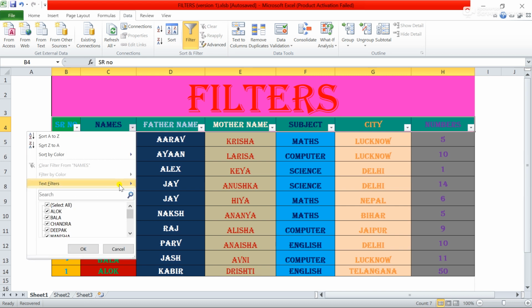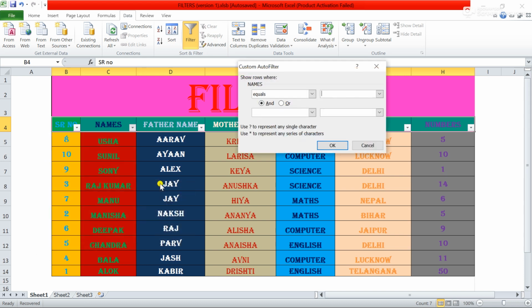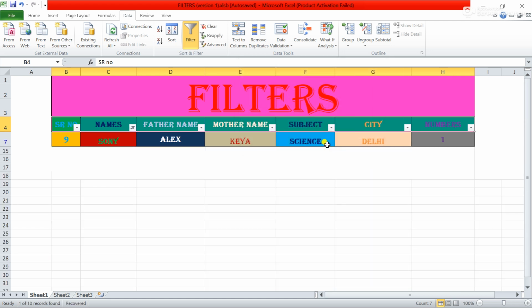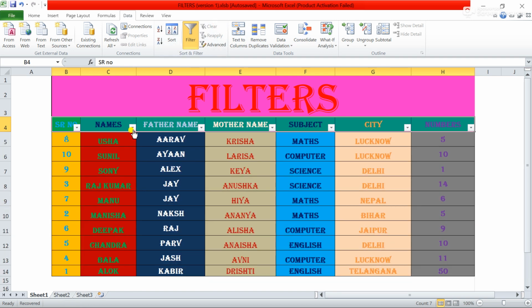Click on this. Now text filter, one by one I will tell you how you can apply. Equal, this is the equal, means which you want on the screen, like this name Sony I want on the screen. So see, only Sony's detail is left on the screen, other is just invisible from the screen, or you can say it is cleared from the screen. Just click on clear, again the data will come.